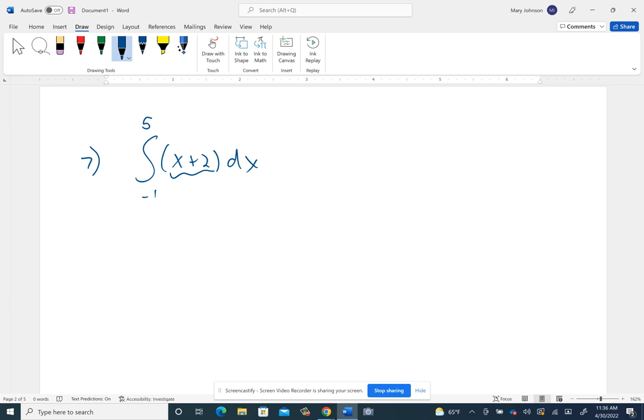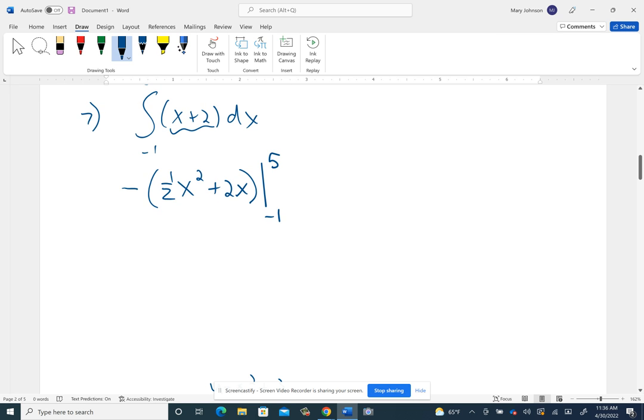So I'm just going to do the integral, and I would get 1/2 x squared plus 2x, and then I'm going to evaluate that from -1 to 5. So I've done the integral. That means the integral symbol is gone. And now I use this bar, and I'm telling people I'm going to now evaluate that expression from -1 to 5. So you do the top,